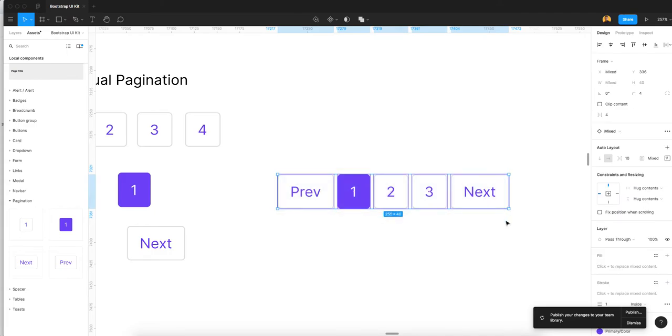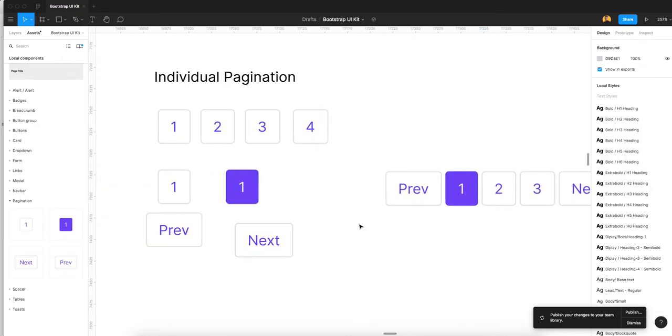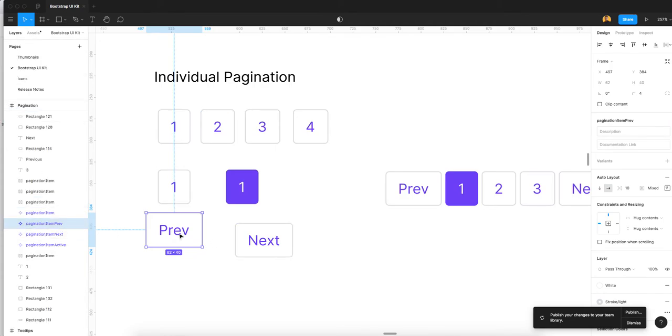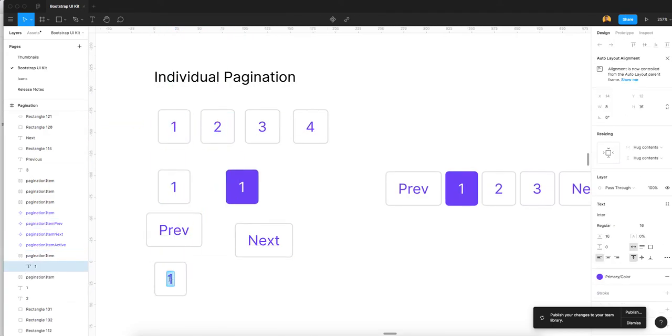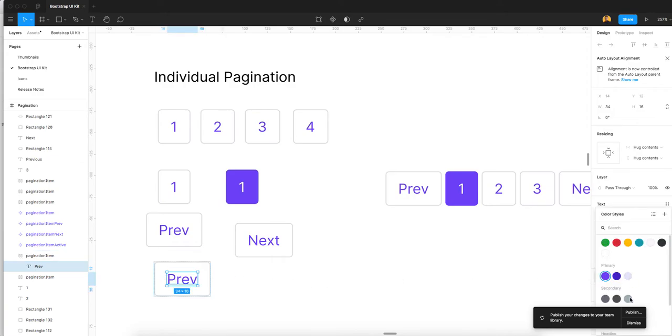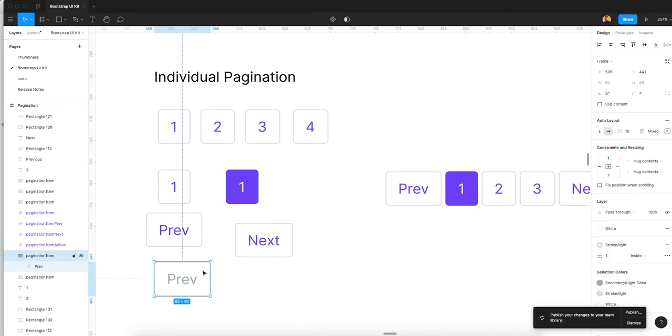So you can create your event easily if it is created as an individual component. Now I am going to create one disable event for pagination. So now I use this. You will see you have this component, but this is an already created component. So we use this and I will create it, previous, and I will change its color to secondary. Okay, it's not selected, now it's selected. Now I click it and pagination